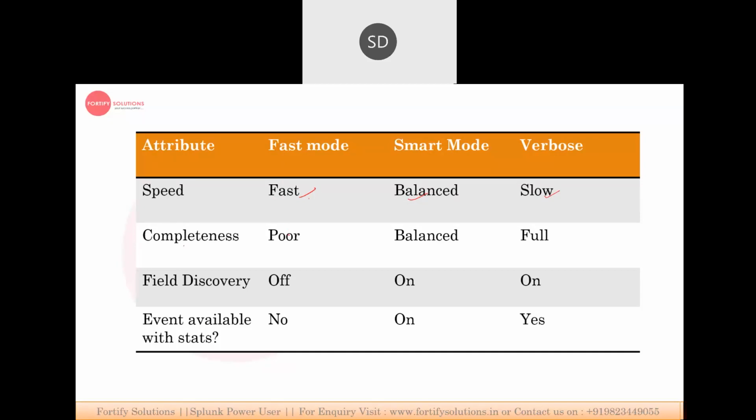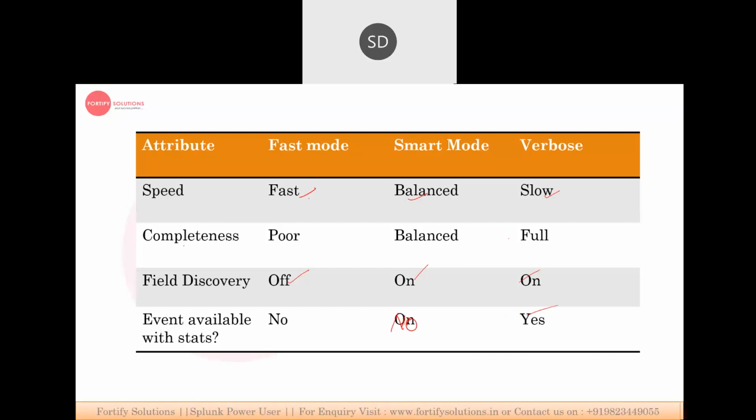For completeness, it gives poor completeness in fast, balanced in smart, and full detail in verbose. Field discovery: there is no field discovery in the fast mode, but there is in the others. Events available: there are no events in fast mode, and they will be available in verbose.